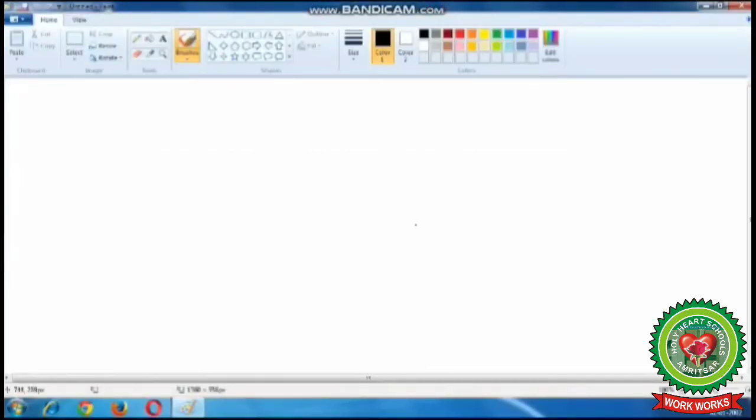Now let's have a look on the parts of Paint window. On the top of the Paint window, a blue color bar is there, which is known as the title bar. Title bar displays the program name and your drawing name.